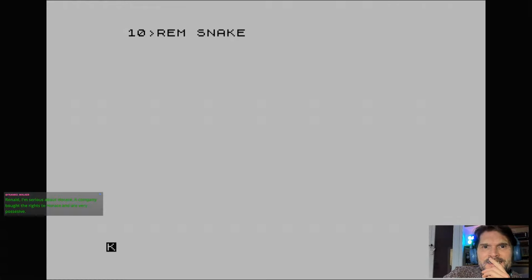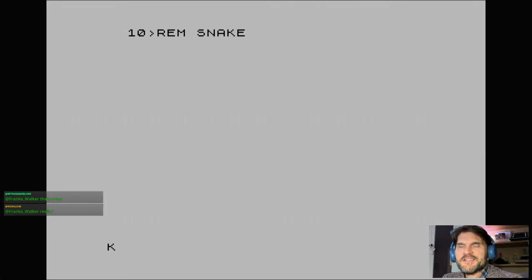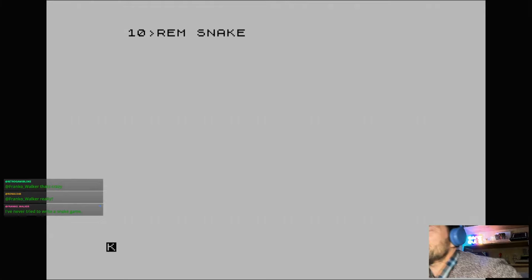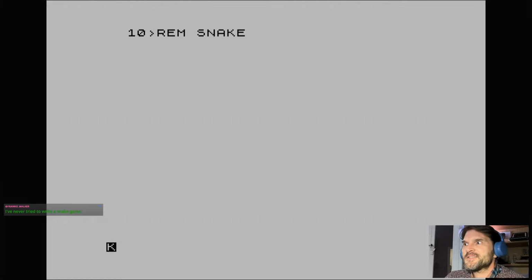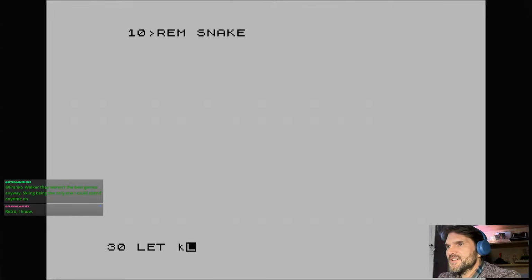Do you know, I always struggle with this, knowing where to start my code, number wise, because I like to put my variables at the bottom of the program. But for this Snake game, I'm just going to chuck them up the top because it's not going to be a very big game. I'm hoping to squeeze this in, I don't know, 40 lines perhaps. Anyway, let's just see how it goes. So, like I said, I've got this idea in my head about using the dim. Now, as you know, if I was to write, for instance, 30 let k strings,